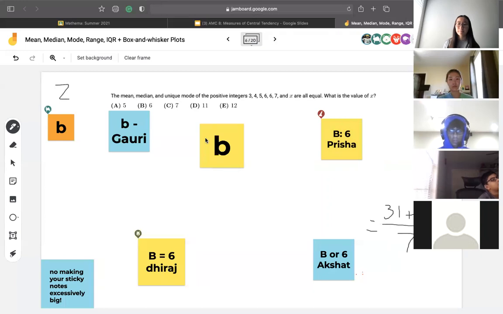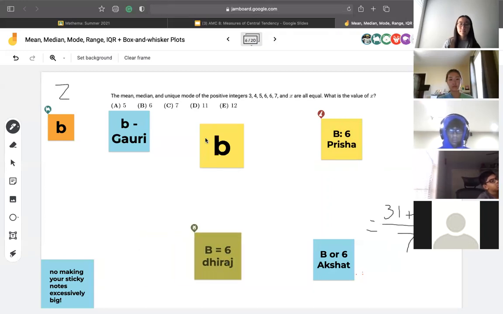Wait, one second. I think I messed up somewhere. Wouldn't it just be easier to find the mode? Well, the question is asking you for the value of x, not for the value of the mean, median, and unique mode. Oh yeah. So the mode here is going to be 6, I'm pretty sure, because it has to be a unique mode. So I'm pretty sure it's going to be 6 is equal to